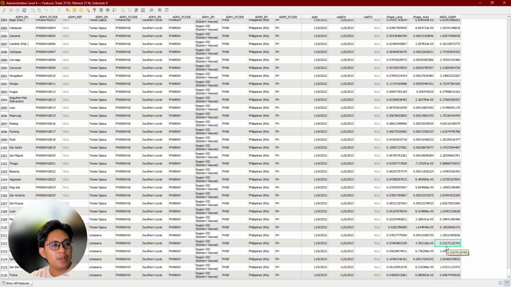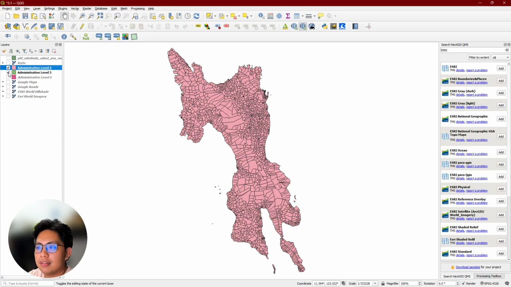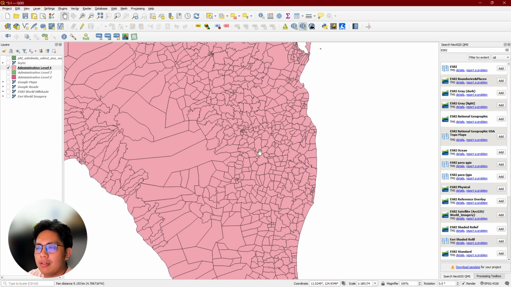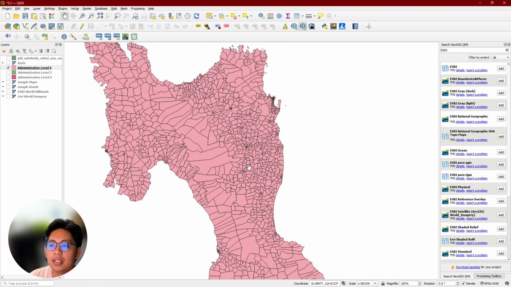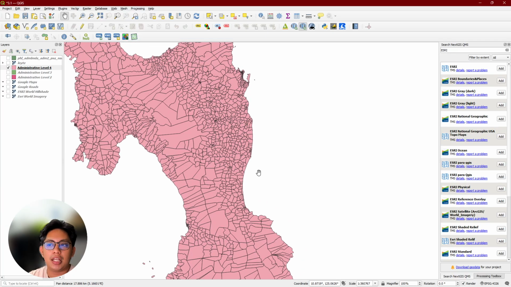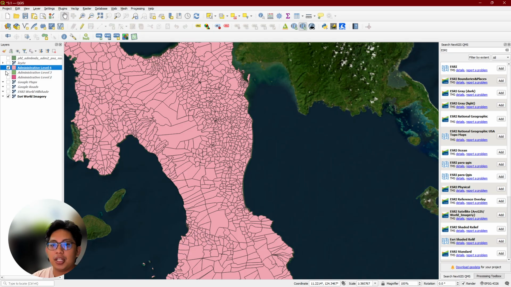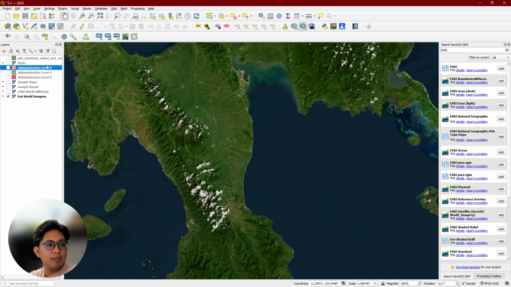0.5 square kilometers. What was that? How small is that? So if you see here, very small, especially here, and you'll notice that our barangays really are defined by whether you are in the plain area or in the mountain area. If you overlay this one with your world imagery, this is the mountains, the mountain range, and this is your plains area.